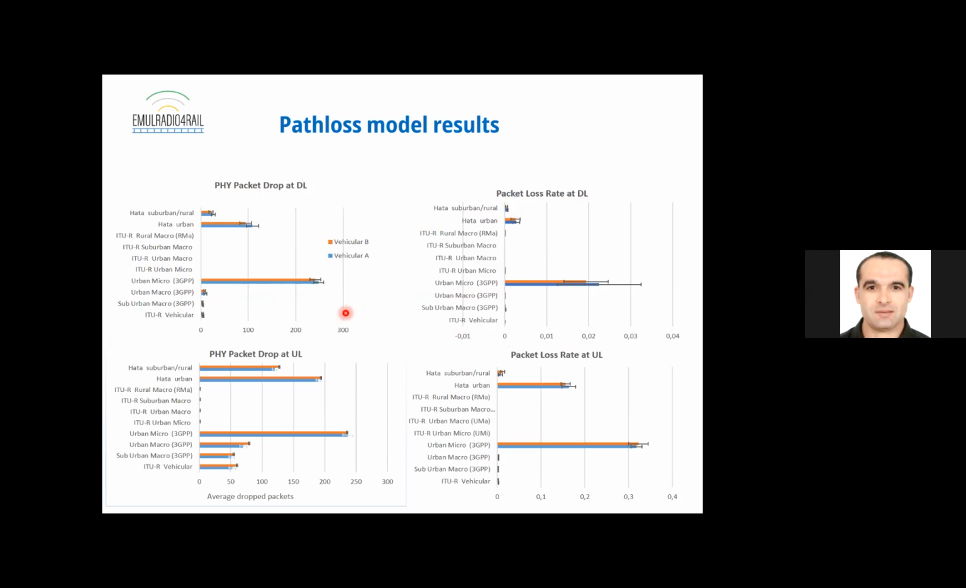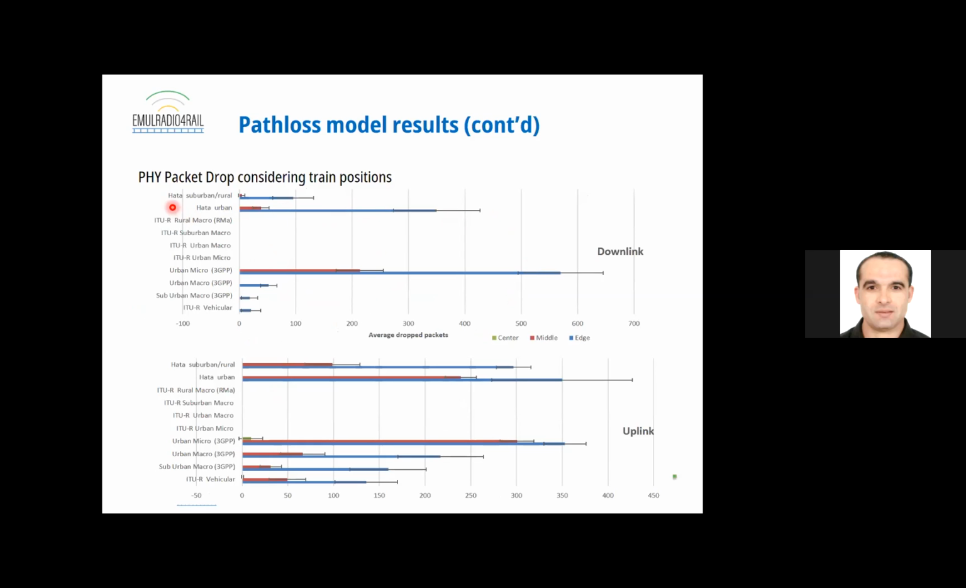And the final conclusion here is that the multipath channel models do not affect the performances for all the path loss models. So here we plot the packet drop at the physical layer considering the train position for downlink and for uplink, and